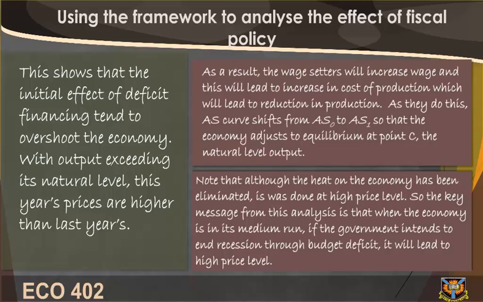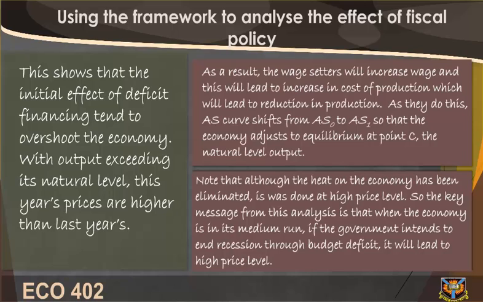With output exceeding its natural level, this year's prices are higher than last year's. As a result, the wage setters will increase wages, and this will lead to an increase in the cost of production, which will lead to a reduction in production. As they do this, the AS curve shifts from AS0 to AS1 so that the economy adjusts to equilibrium at point C, the natural level of output. Note that although the overheating of the economy has been eliminated, it was done